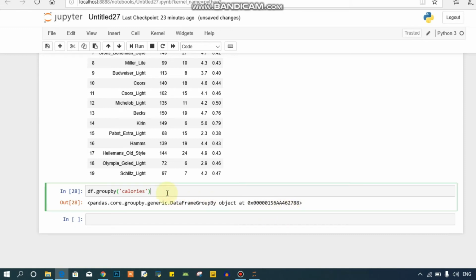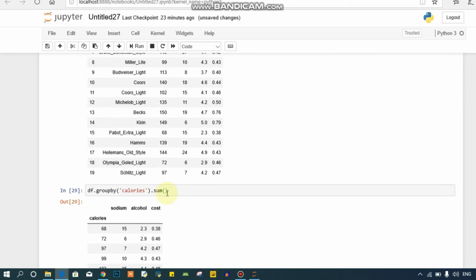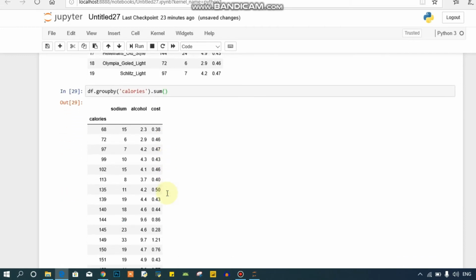So to show the table, we will use this sum, and let's run it. And now you can see that our table has been grouped on the basis of calories.